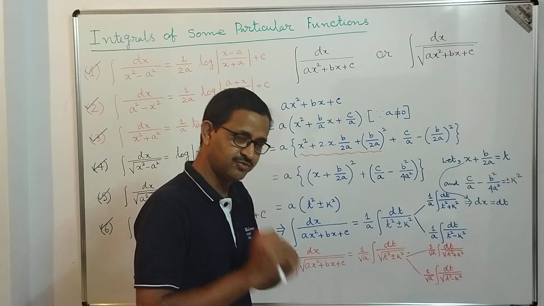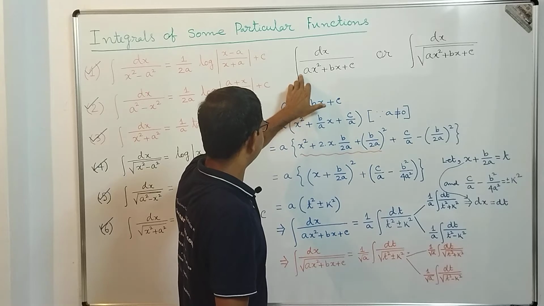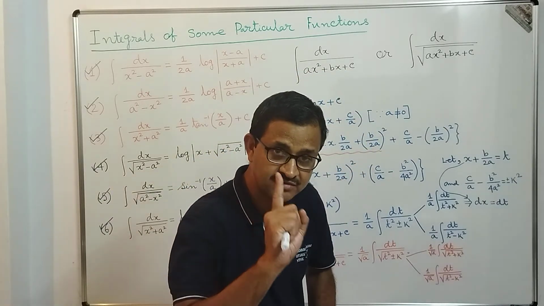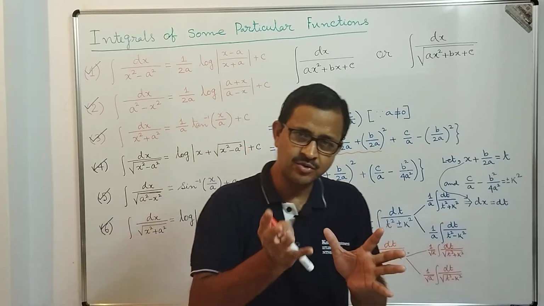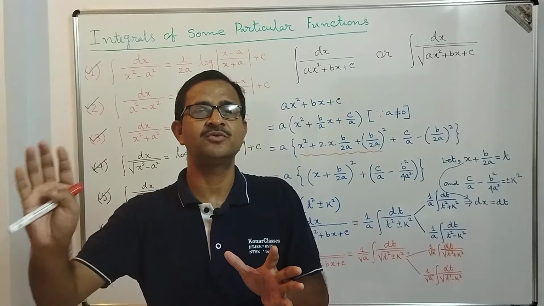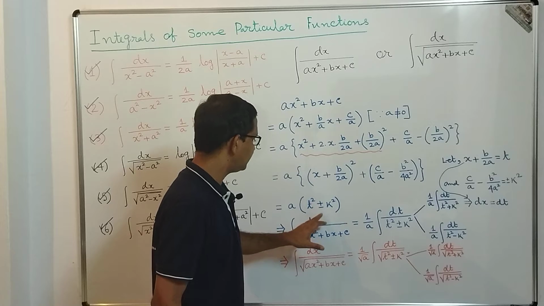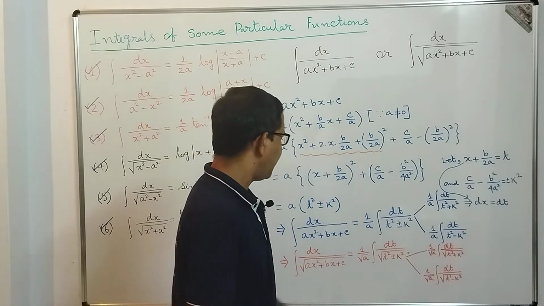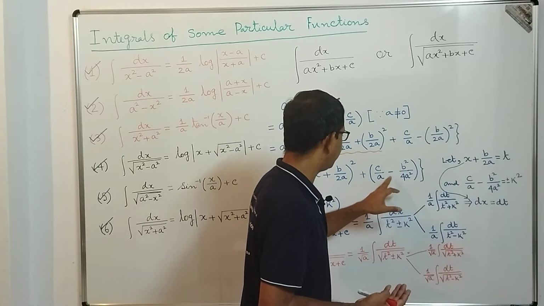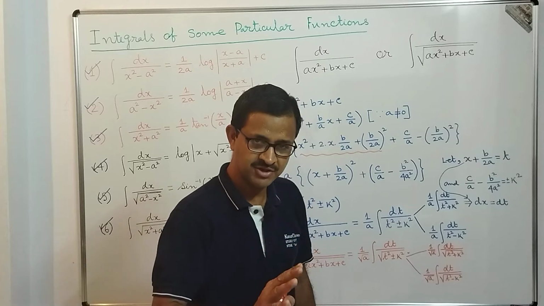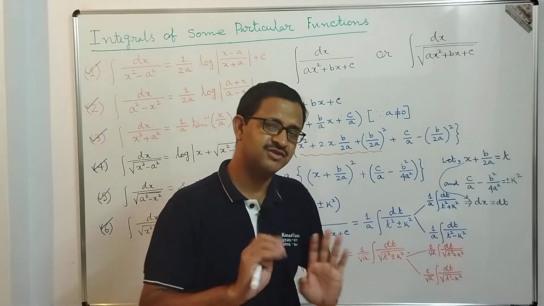but let me tell you once more in summary. Whatever quadratic expression you get, that ax square plus bx plus c, your first task should be to express it in the form of x plus some constant whole square plus some other constant whole square. What I have done here is t square plus minus k square. As a generic thing I took that, as I am not sure whether the value of this expression c by a minus b square by 4a square will be positive or not. If it is positive, we will consider plus k square. If it is negative, it will be minus k square.